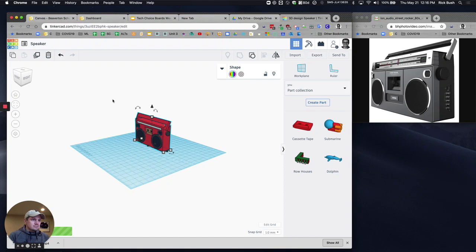I'm going to do one more screenshot. Make sure the dimensions aren't selected. One more screenshot. And then make sure you screenshot your thing in your design, and then turn that into your assignment for this week if you choose to do the Tinkercad